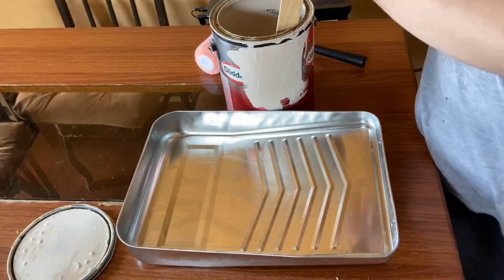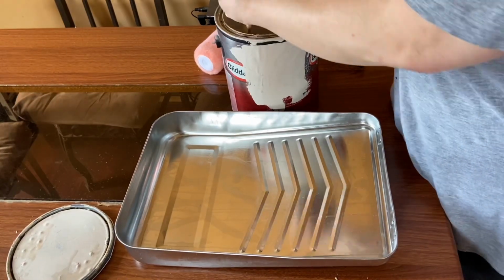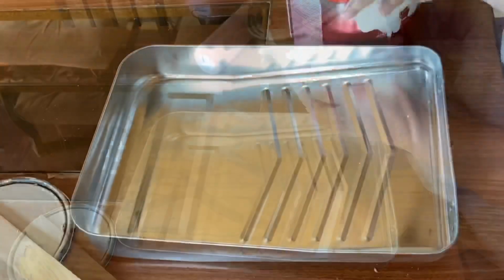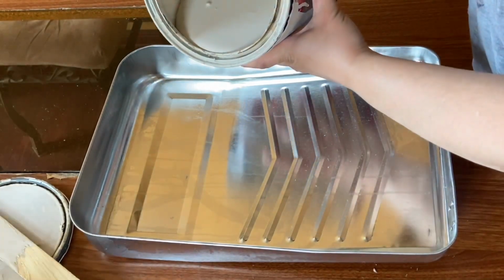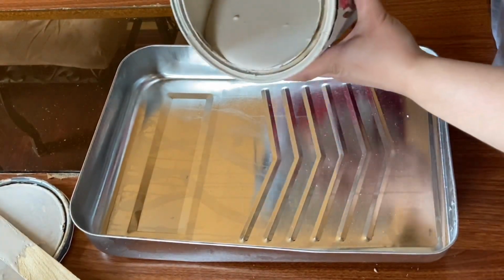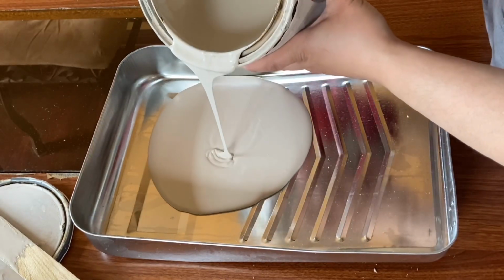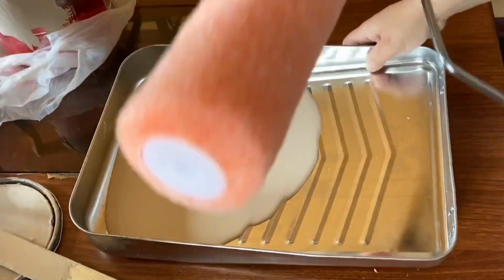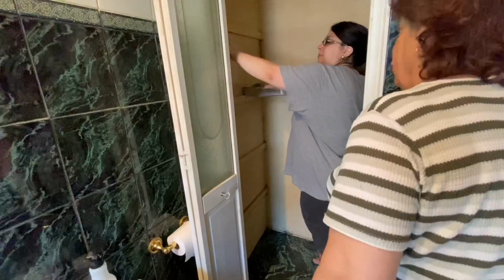And as you can see here, I'm getting ready to paint. So this wasn't something we had pre-planned, so I wasn't 100% prepared to paint the closet. I would have loved to have a bright white color, especially since the closet is so dark and small. I think that would have just made it look so fresh and clean. But since they had a bunch of extra paint cans around from painting different rooms in the house, I just grabbed one that was the lightest color to make it as bright and clean looking as possible. And there was less than half a can of this left, which was more than enough to paint